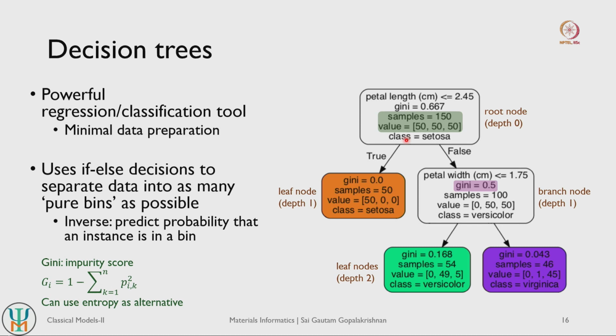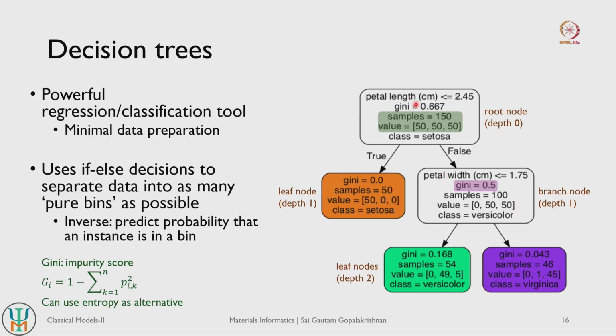It turns out that if petal length is less than 2.45, I get about 50 samples, and all of the 50 samples belong to the Setosa class here. So this is basically a pure classification, or a pure bin. So the decision tree, using petal length as a feature, has already classified my Setosa class completely. Now for all the data points that are not Setosa, there are about 100 data points here.